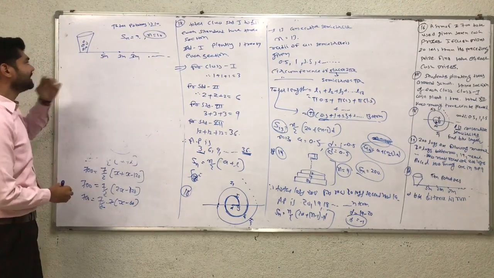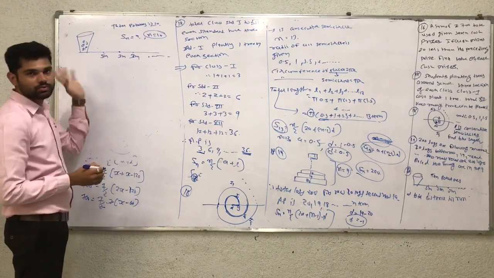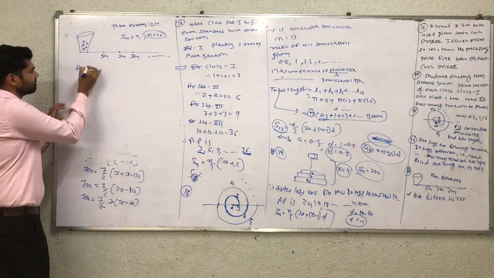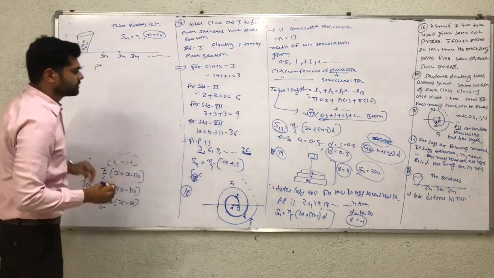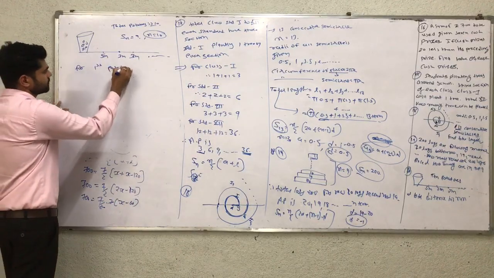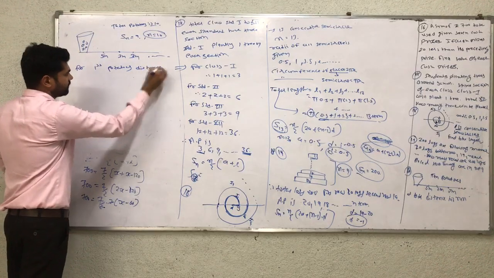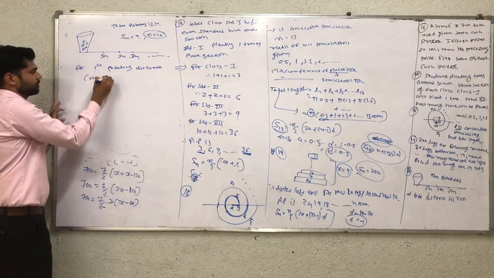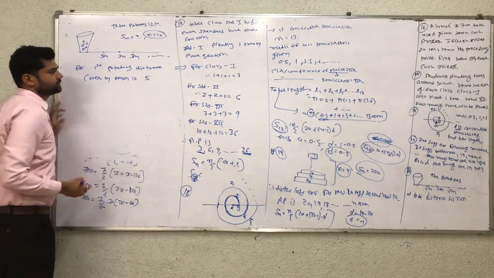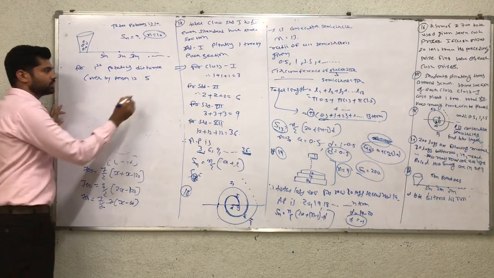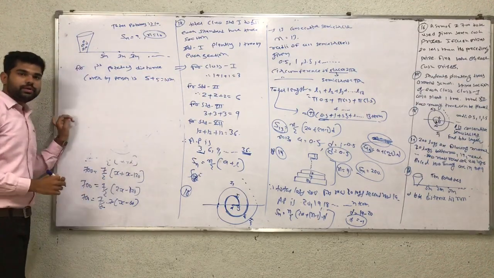So how much distance do we have to cover to collect the first potato and put it into the bucket? For the first potato, the distance covered by the person is 5 going and 5 coming back. Therefore the total distance is 10 meters.